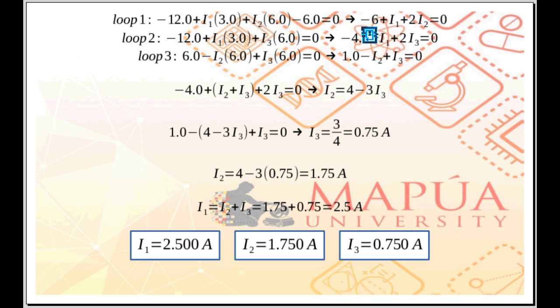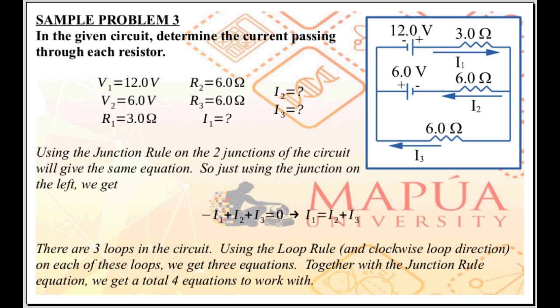Simplifying, we get negative 6 plus I1 plus 2I2 is equal to 0. Doing the same thing for the other loops, for loop 2 and for loop 3,